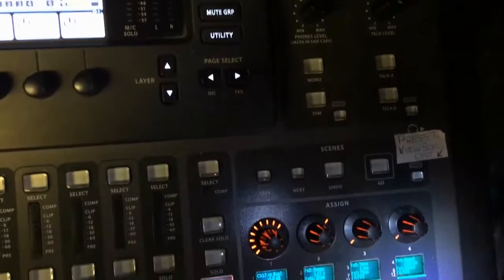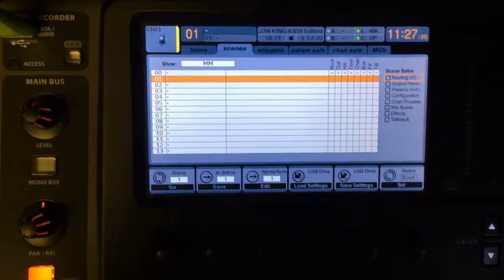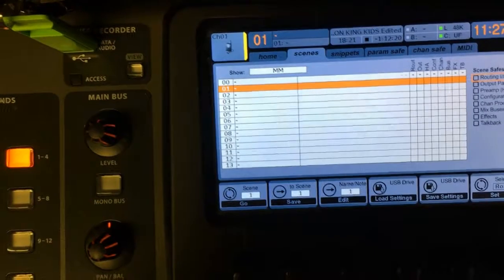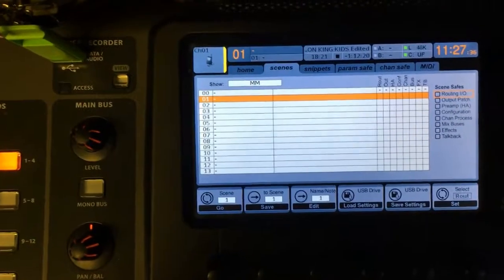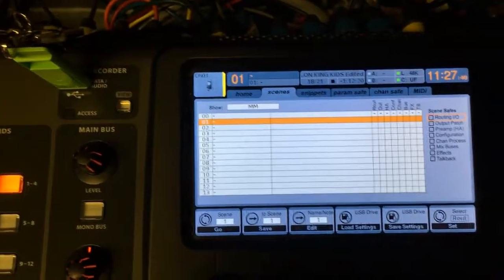So first thing is to go to your view button on the scene section right here, and that will change the screen to look something like this. And we're in scene 1 right now because I happen to be in the Musical Main Stage show and I only use one scene for that. We have changed a couple things, so I'm going to go ahead and save this scene by pressing this